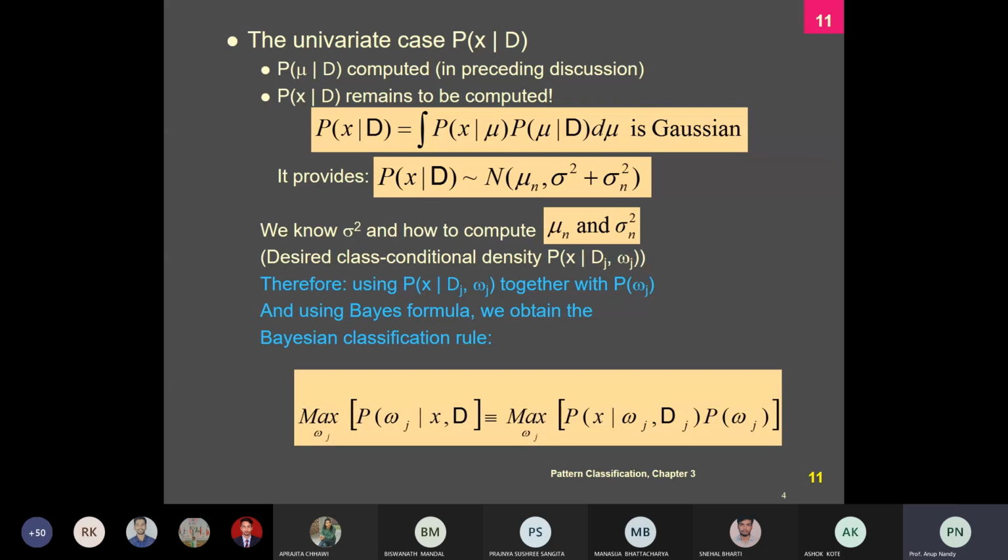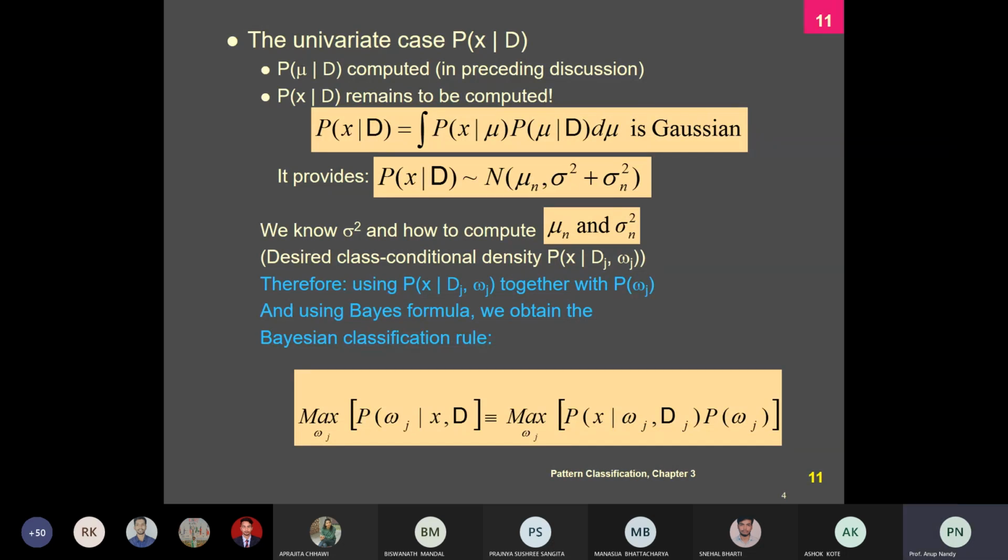And there's a last one: in the univariate case, if p(x|D) is given to you, now if you just obtain a posterior density for the mean, p(mu|D), so now you have already computed p(theta|D). Whenever I use p(theta|D), it means that you are going to estimate the theta. The theta may be a mu, it may be a sigma. Here we are considering the univariate case. If you are using the multivariate case, then this scenario would be different. Now p(mu|D) we have computed, and p(x|D) remains to be computed.